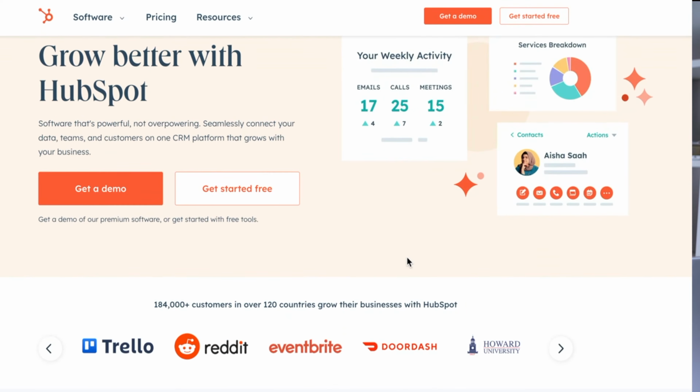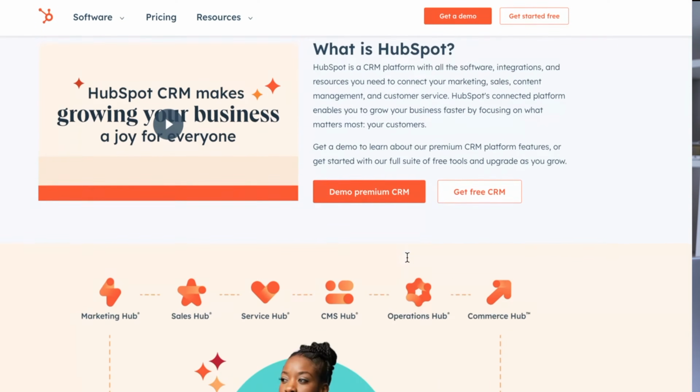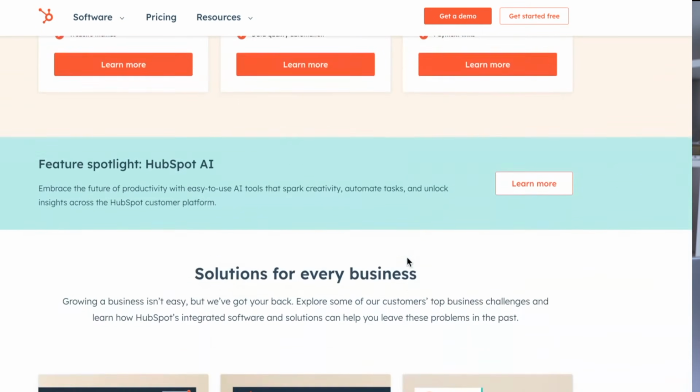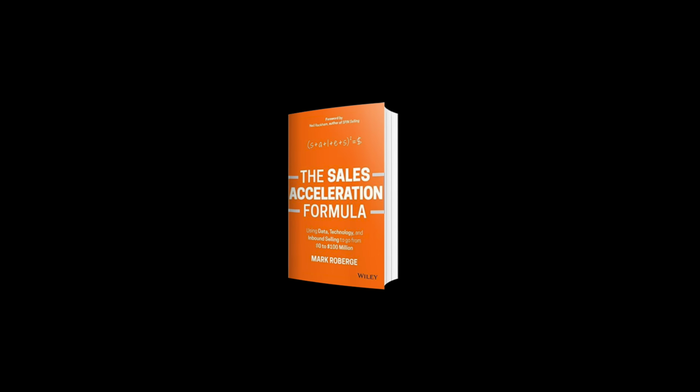All right, number three, this is actually the most important part once you've got number one and number two in place. I'm going to use HubSpot as an example. If you don't know who HubSpot are, they're in the B2B world, one of the most established and respected software platforms for growing your lead generation. You don't need to use HubSpot or know who they are in order to implement what I'm about to show you. But I read the book, Sales Acceleration Formula, by the first sales director of HubSpot, who took them from 0 to 100 million.